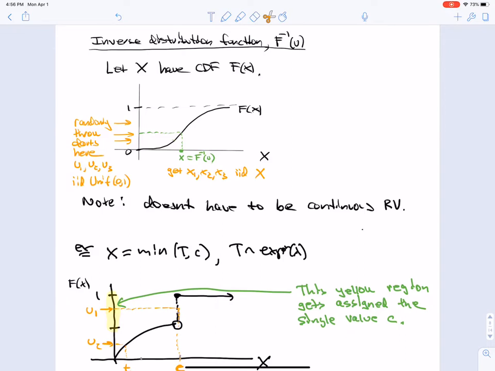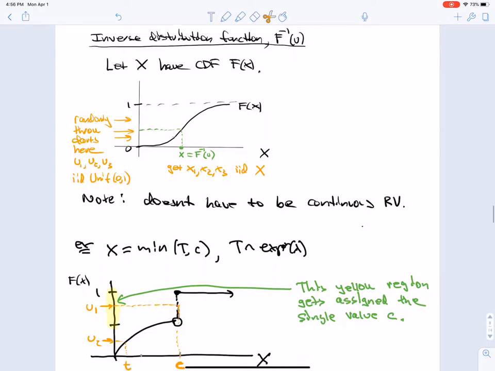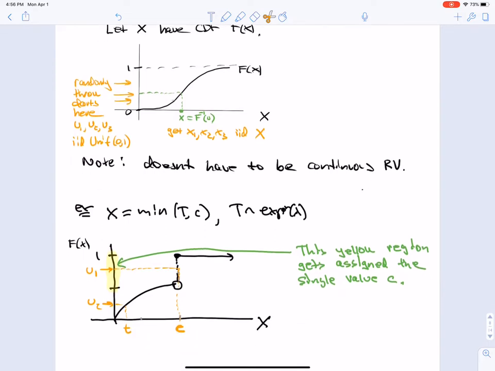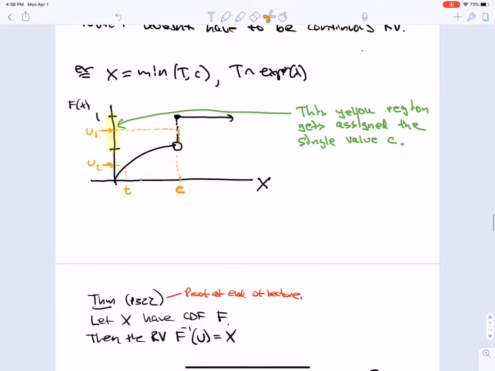So if you have a CDF of a random variable x, and let's say x is positive, you can throw darts on the y-axis between 0 and 1. That gives you IID uniform 0, 1, and you'll then get IID random variables on the x-axis. Now, the distribution of x doesn't need to be continuous. For example, it could be mixed, in which case you may have a bunch of your points all going to the same